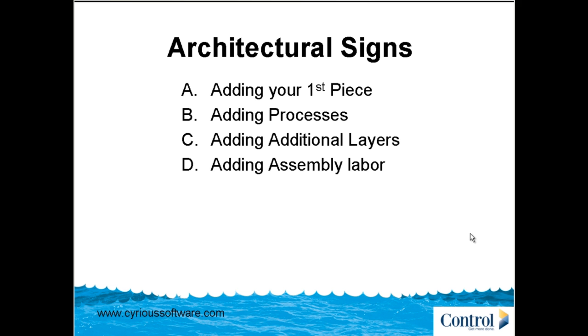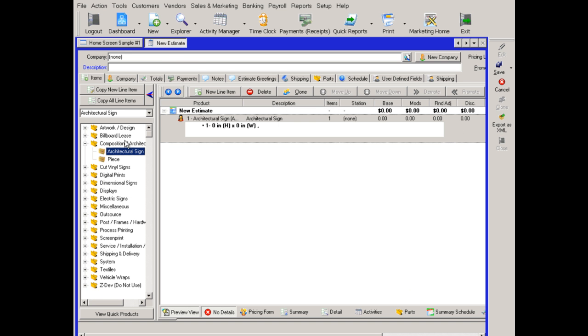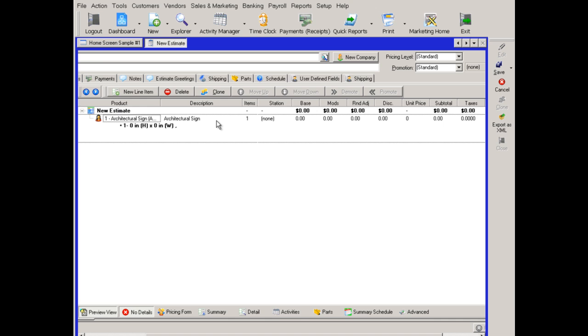In this video, we'll first discuss adding a first piece, and then the processes on that piece that apply, and then any additional layers that are needed, and the assembly labor to put those layers together. Okay, if we're in control, and we're in a new estimate or new order, under composition architectural signage, you'll see architectural signs. If we open that product,